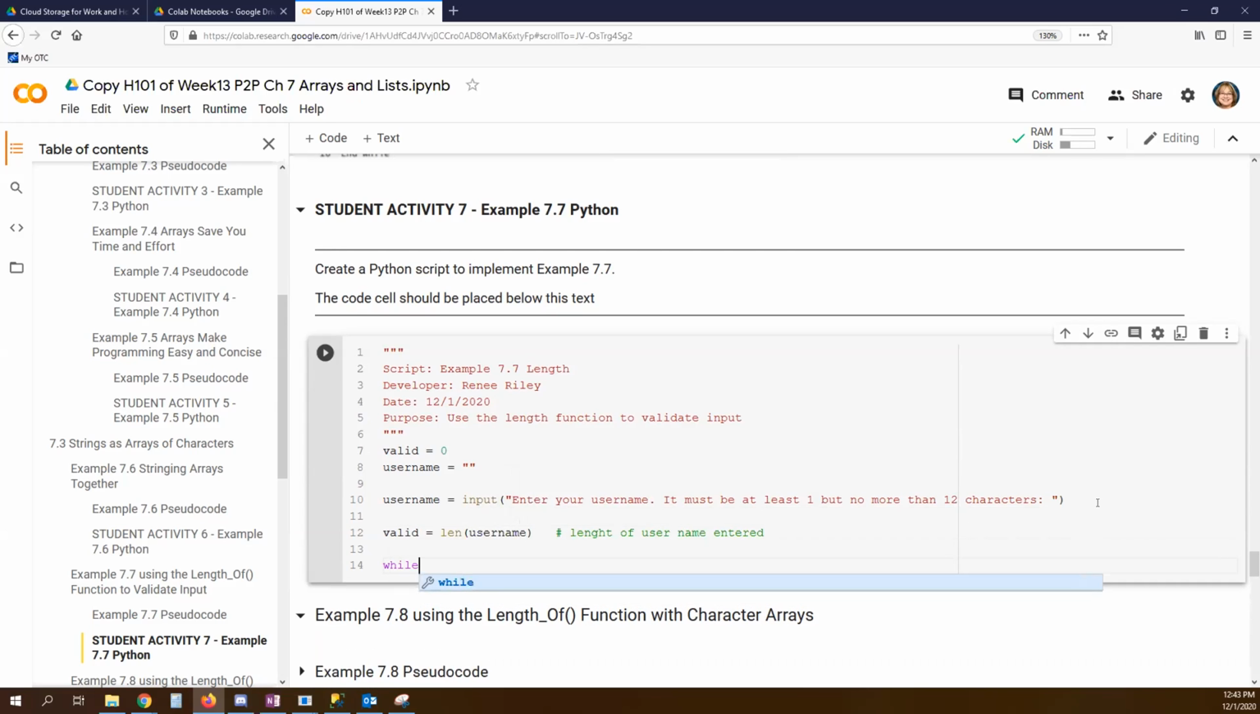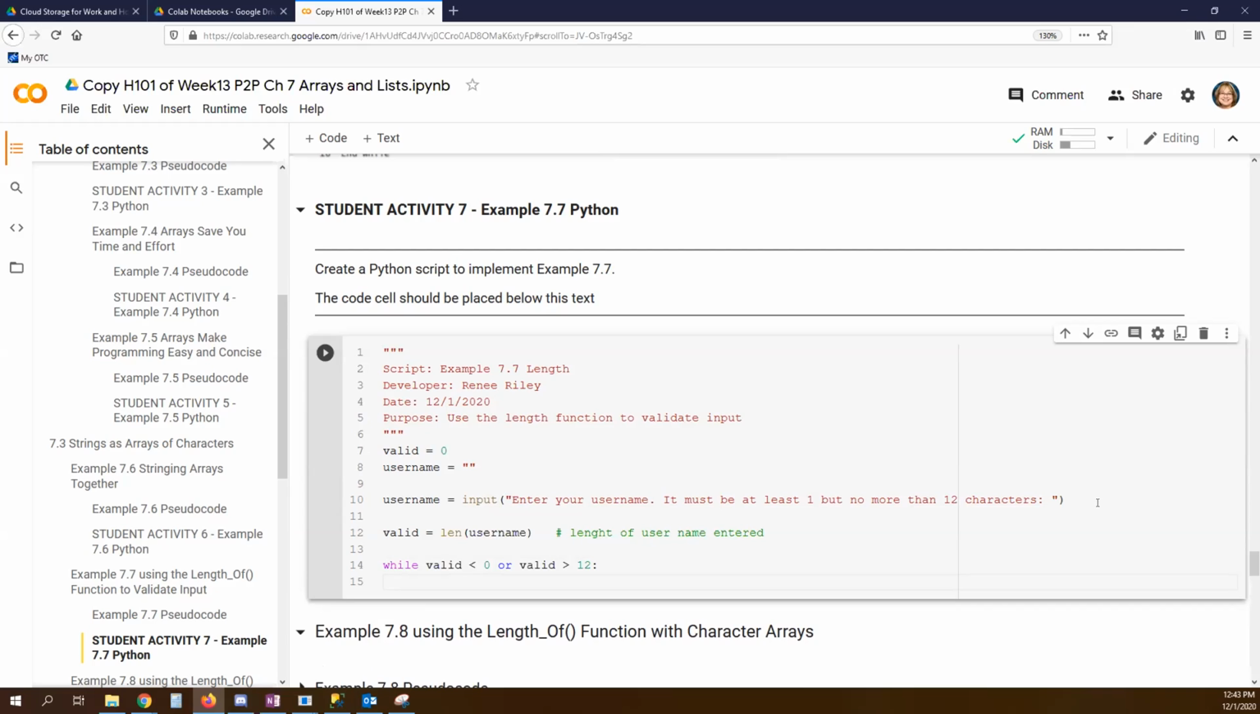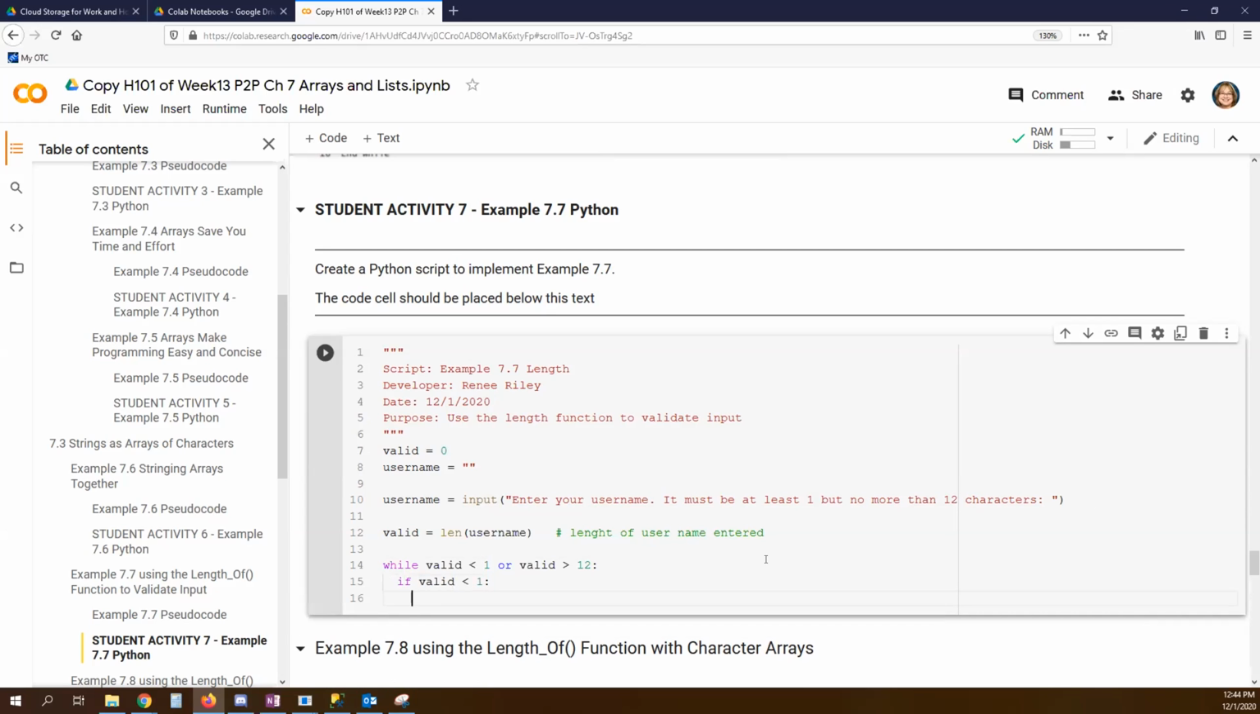So now we can use a while loop to force them to enter their valid data. So our while condition is going to be if it's invalid because it's less than 0, or it's invalid because it's greater than 12, we know it's in error. So while either of those conditions are met, we're going to keep prompting them for that username. But we're going to change our prompt depending on what error they made. So if the problem is, oops, up here I should have while valid is less than 1, not less than 0, sorry. So if the problem is that our valid number of characters is less than 1,